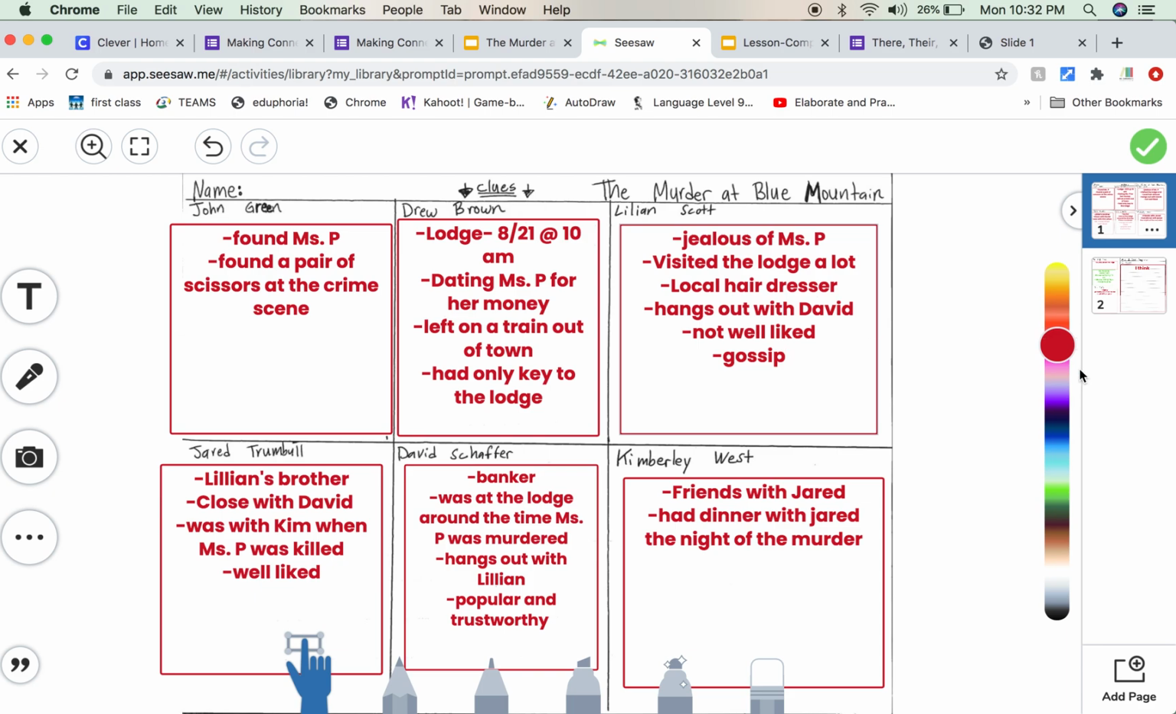So pause and catch up. You should have all of these clues for each of these suspects on your notes page in Seesaw. So now,